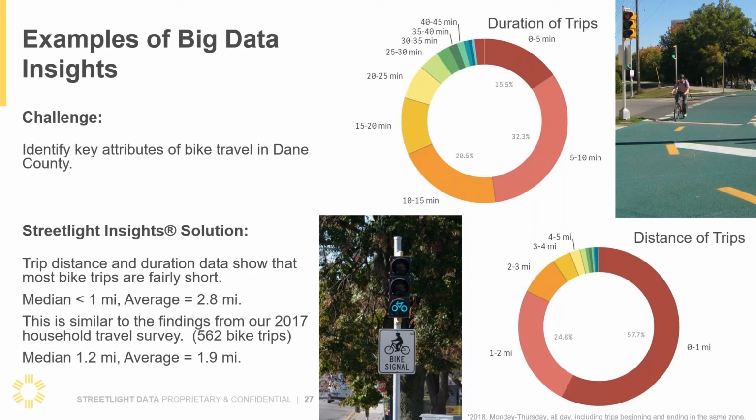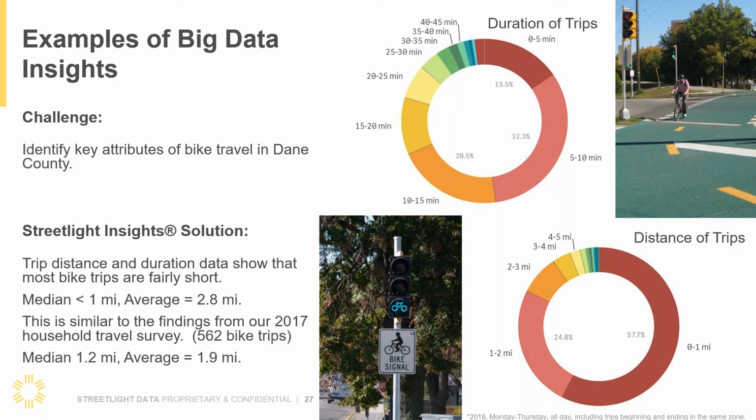So just some examples of the insights we can get from big data for bicycle trips. The graphics on the right, not the photos, but the little charts, are built-in visualizations in StreetLight. And so we can look at the duration, the length and time of trips, and the proportional number of trips at each of those durations, and then also the distance. And so again, we can't tell the number of trips because we haven't been able to do the calibration, but